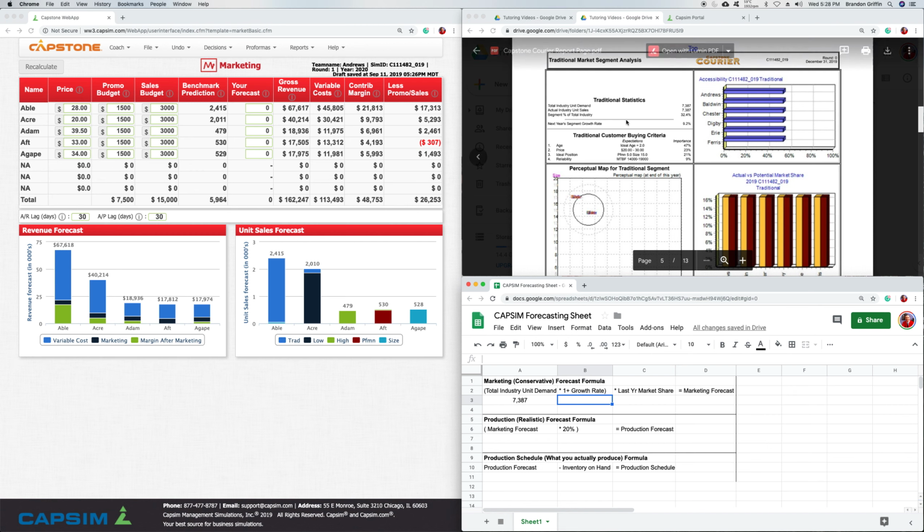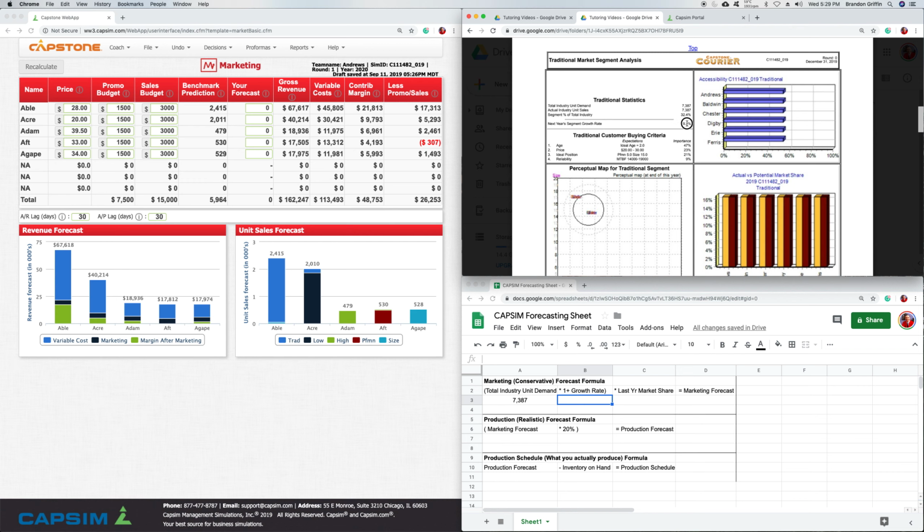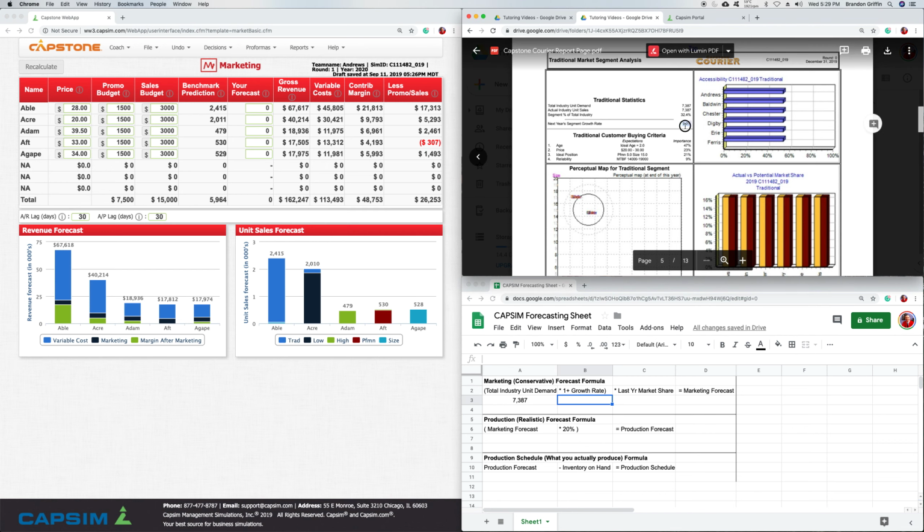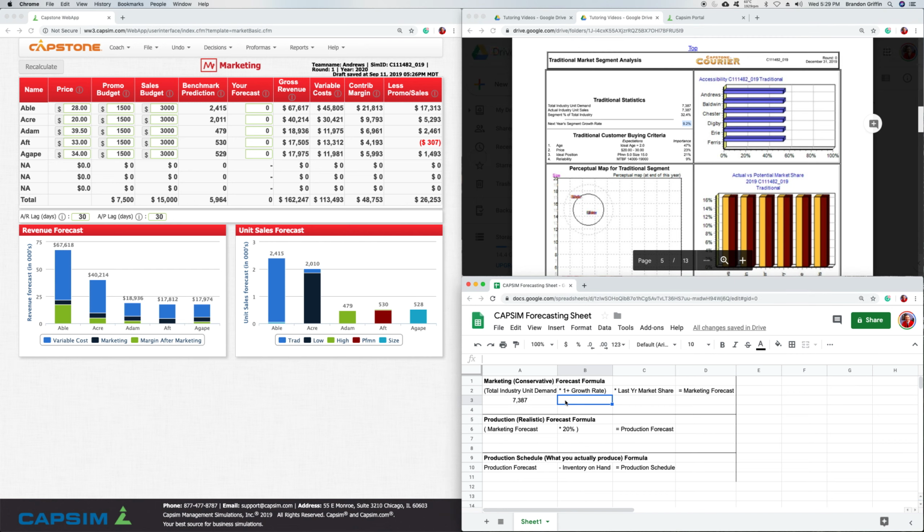And then our growth rate, which means next year, and this number will never change, it is always the same. Next year, the market is going to grow by 9.2%. So that means the 7,387 is going to grow by 9.2%. So, in our formula, we need to make this 9.2 plus 1, because 100% of sales is the same 7,387. 1 plus the 9.2%, which we find up here, is last year's demand plus the 9.2% of growth. So let's enter 100 and